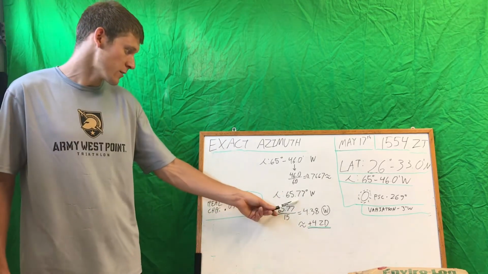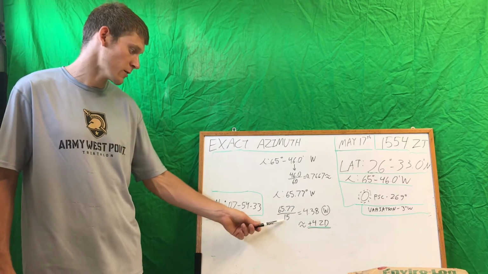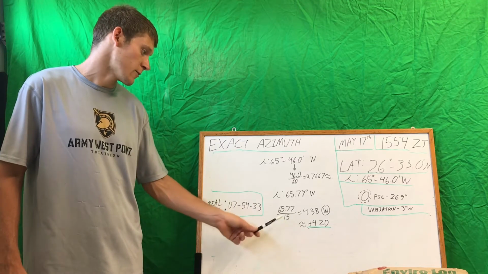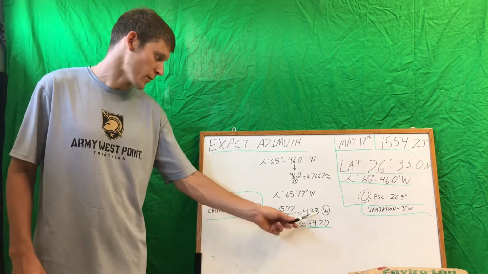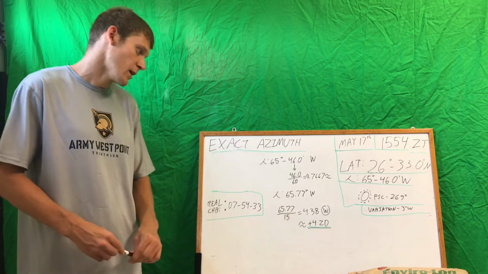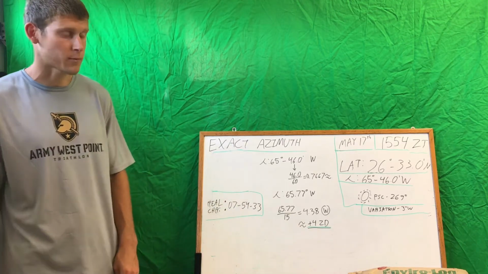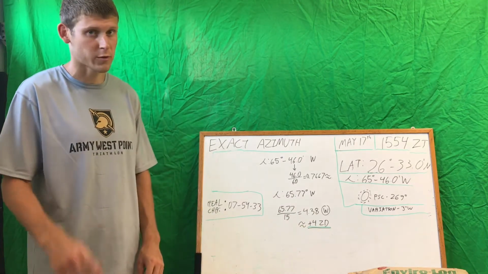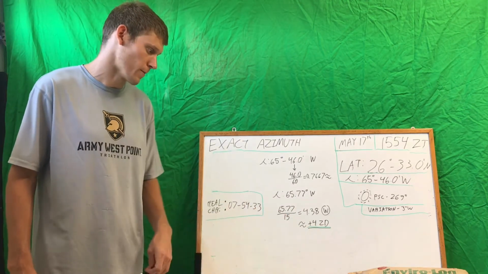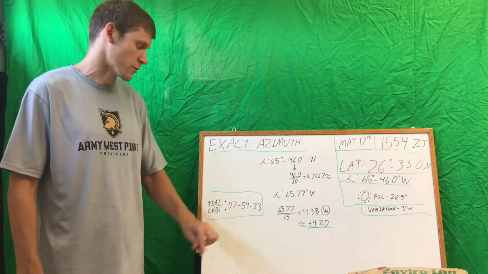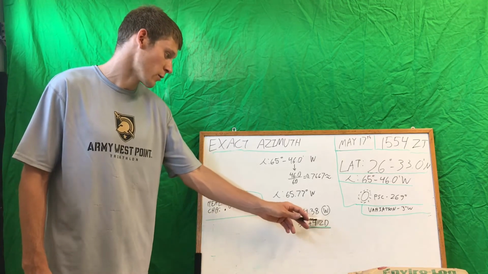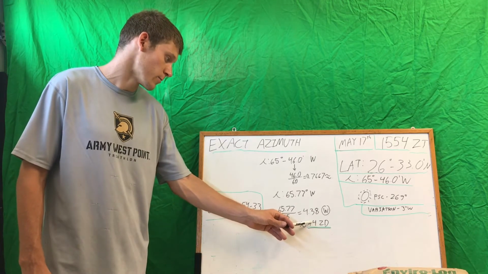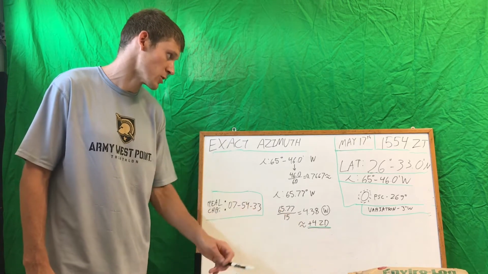Now you take this number, and like I said, we divide it by our time zones. When you take 65.77 divided by 15, you get 4.38 west. And remember, you just round to the nearest whole number. So 4.38 is closest to 4. It rounds to 4. So it's 4 zone description west, which means we're going to add our 4-hour zone description